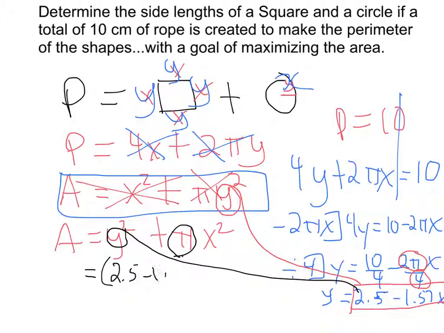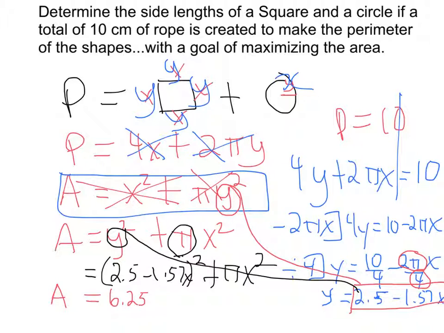2.5 minus 1.57x squared plus pi x squared. And now I need to expand that out. The expansion of this, 2.5 minus 1.57x all squared, is not a nice expansion, but I will write it out here. The expansion to that is